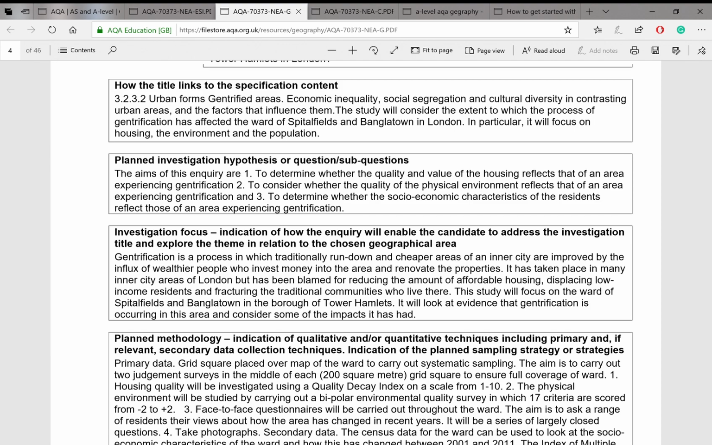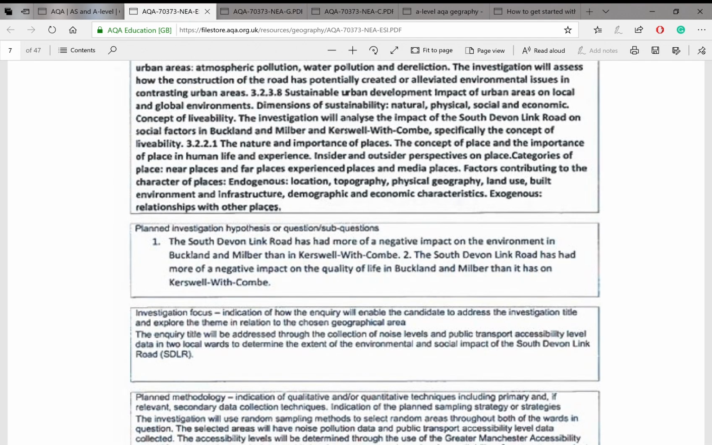Okay, then we get on to the third box. The third box and the fourth box are linked. So the third box is basically the what. What are you going to be actually investigating? And the fourth box is the how, right? So if we take this example,